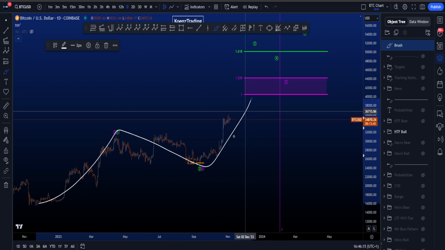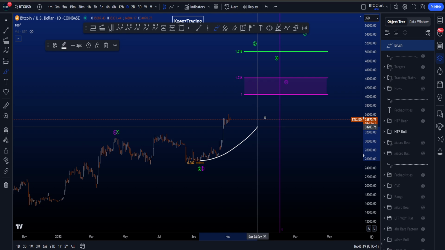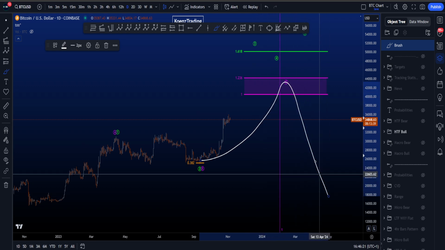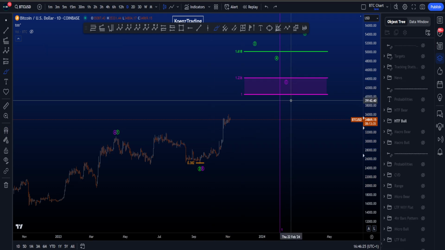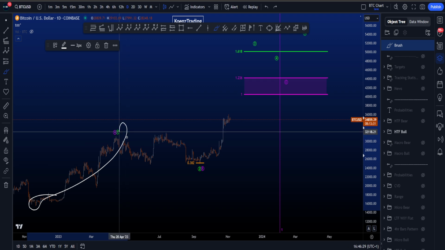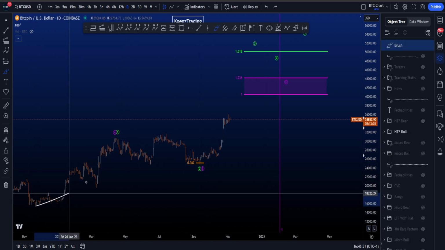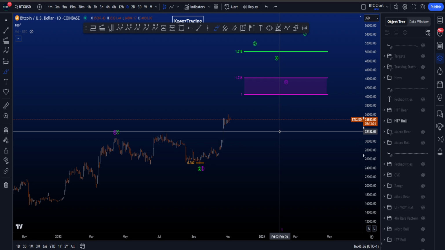However, in an ABC, with the 0.382 being more common for a wave B, we have to at least take a wave C into account for potential downside, where usually a wave A and a wave C are quite similar in time, and that is why the 1-to-1 is on the chart, taken from the low to the high to the low over here, comparing the time of A with the potential time of C,